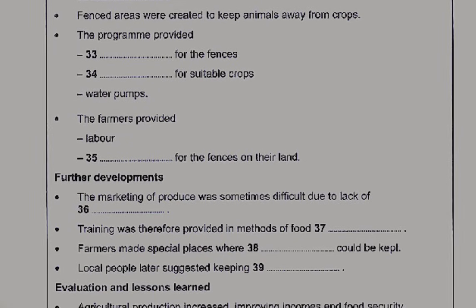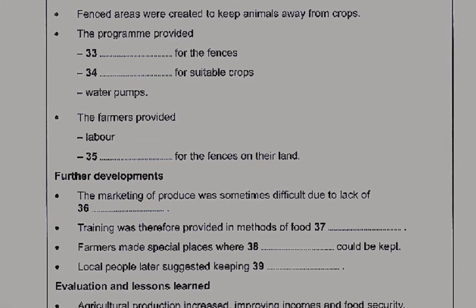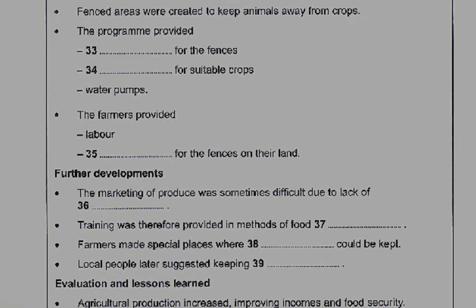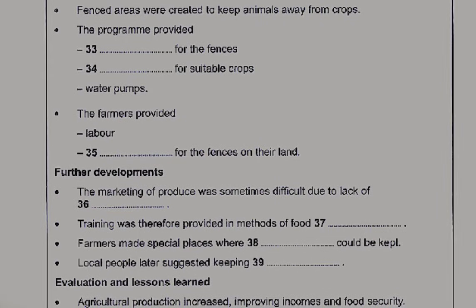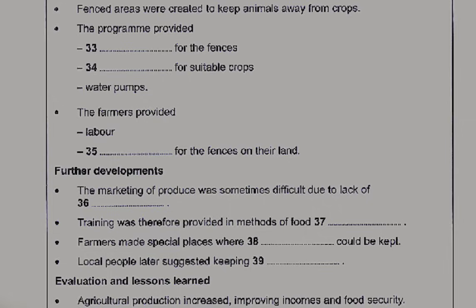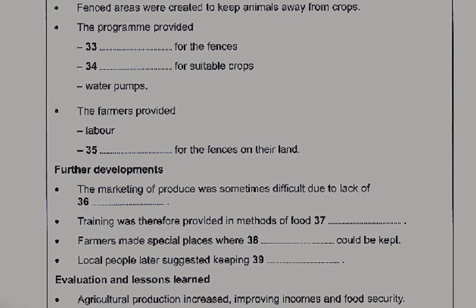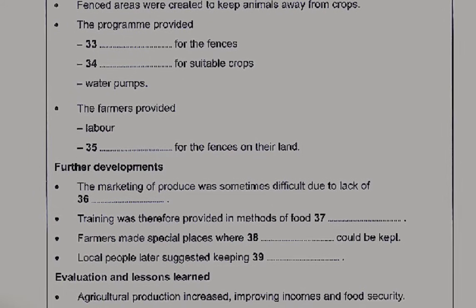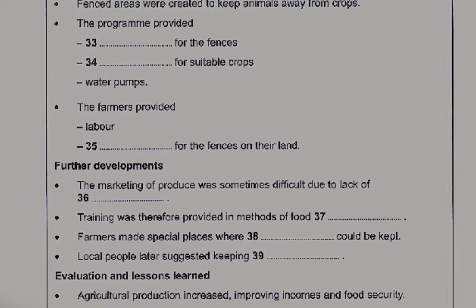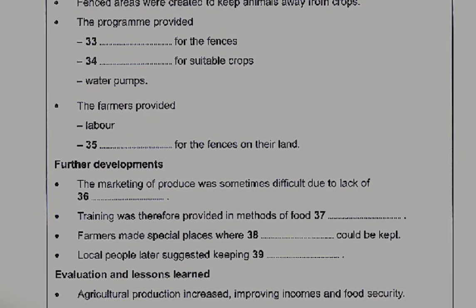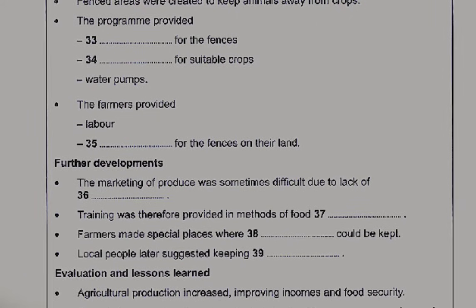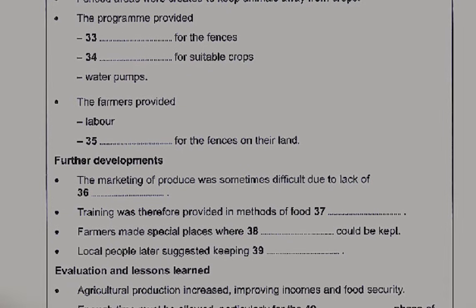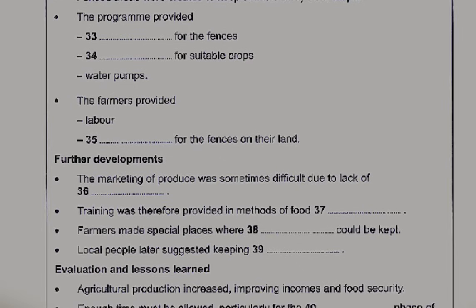So, what lessons can be learned from this program? First of all, it tells us that in dry, arid regions, if there is access to a reliable source of water, there is great potential for the development of agriculture. In Chikwalakwala, there was a marked improvement in agricultural production, which improved food security and benefited local people by providing them with both food and income.